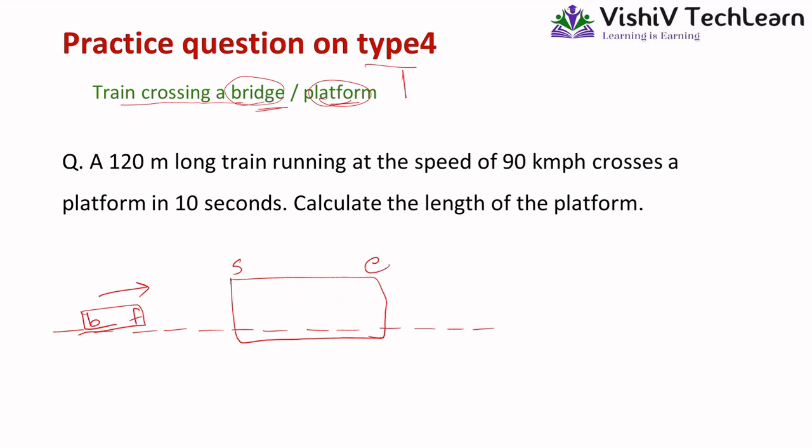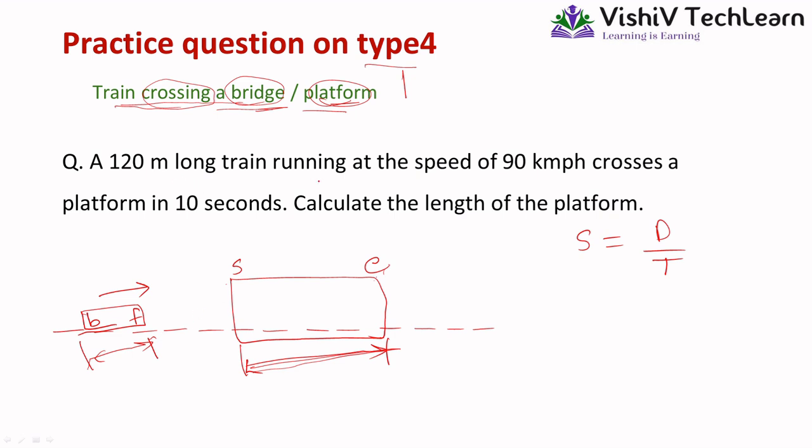Now in this case, when a train is crossing a bridge or platform, it means it is covering from start to end. From start to end it is covering this distance. So in this case the distance covered, we have the formula S is equal to D upon T. But the distance will not be only this much. It will be something else than that. It is true that the train is covering this distance, but it's not only this distance. Actually it is covering the length as well. And exactly how it is, let's see this through positions.